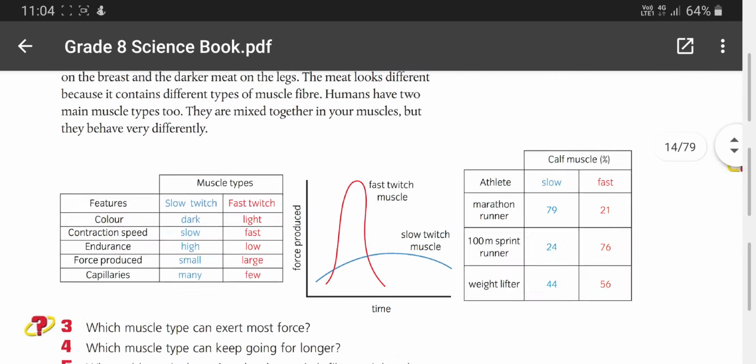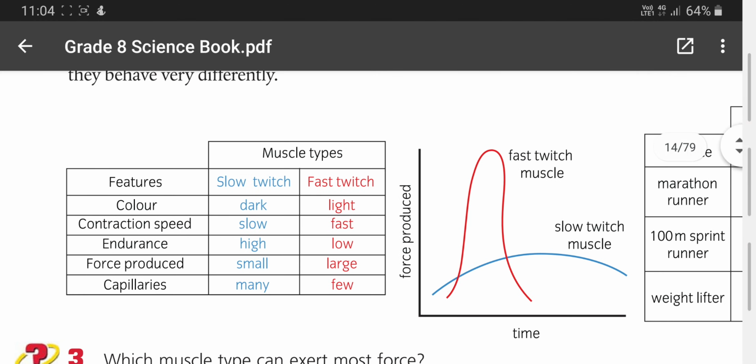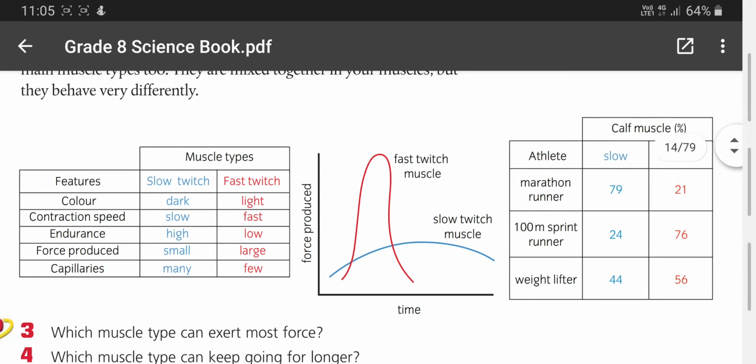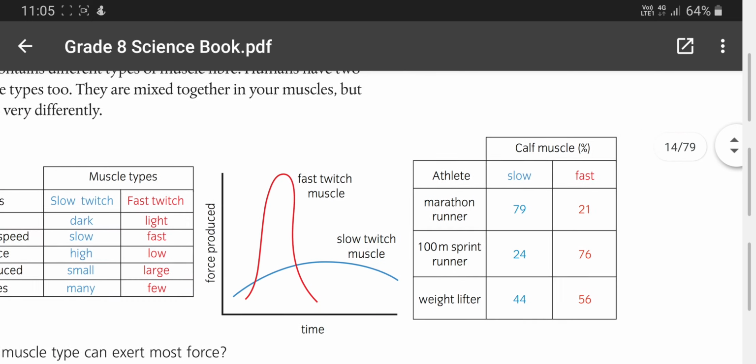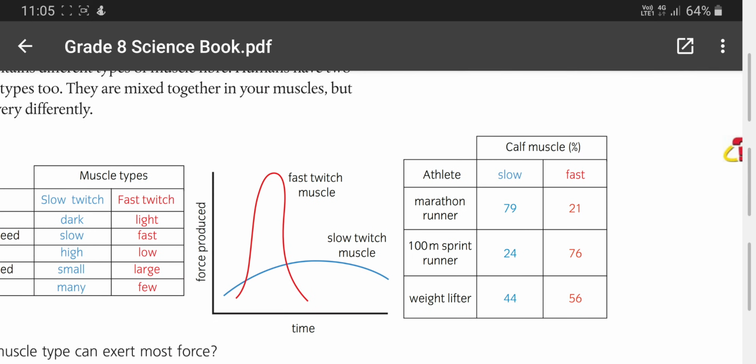You can find here inside this diagram the differences, in this paragraph and also the table, between the usage of the muscles and how they can be different from each other. You can find that the color is different, contraction speed is different, endurance is different, force produced is different, and also the capillaries found inside them are different in size. You can also find this graph showing how the force is produced by a slow twitch muscle and also the fast twitch muscle as time moves. You can also find, by the percentage inside this table, that the athlete's use of each type of muscle is different